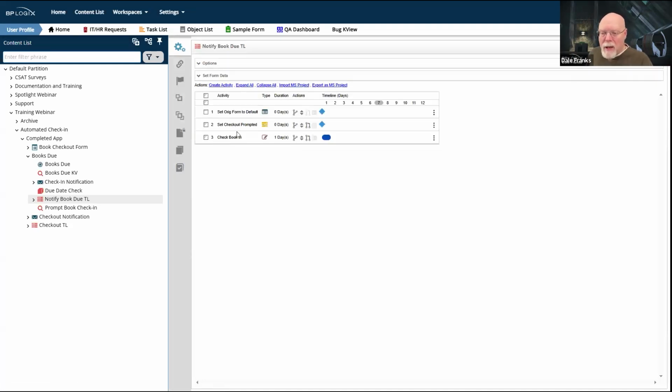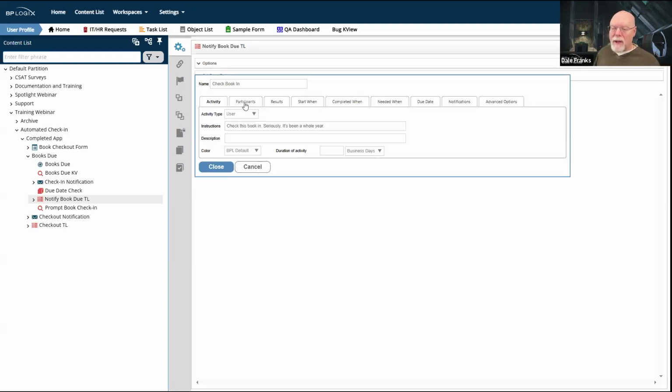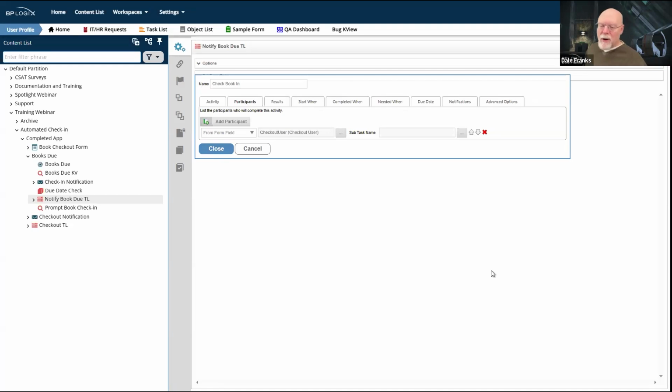Once that set form data is concluded, finally, we reach our book check-in activity, which is a user activity. Now, the reason we have the checkout user on the form and that we're filling it with the name of the current user is, remember, we don't know who this task needs to be assigned to, so we can't hard code any sort of user assignment for the check-in.